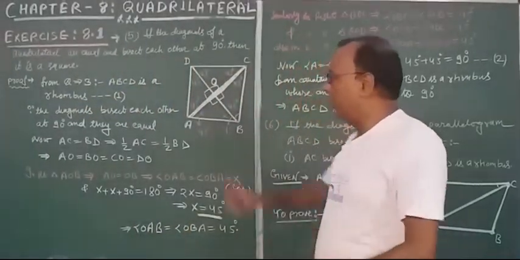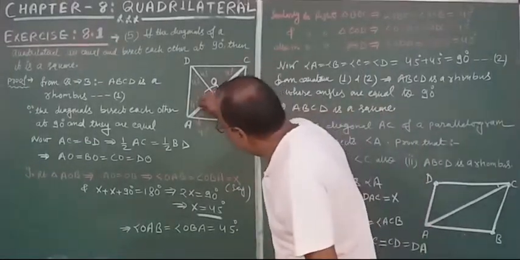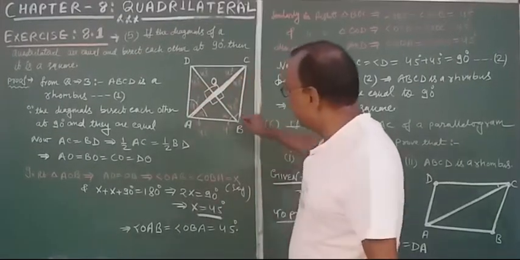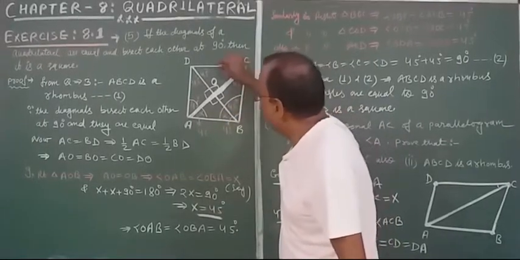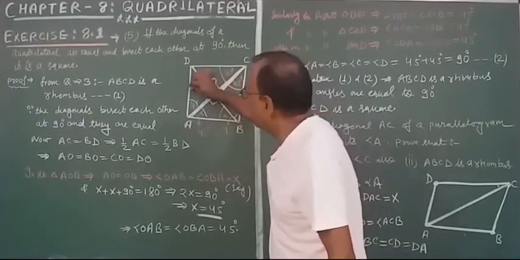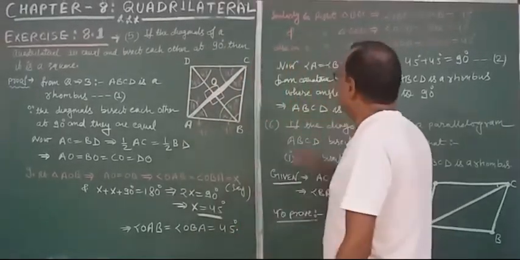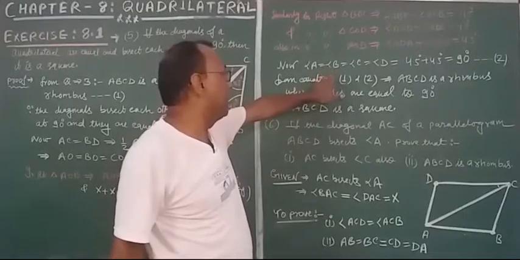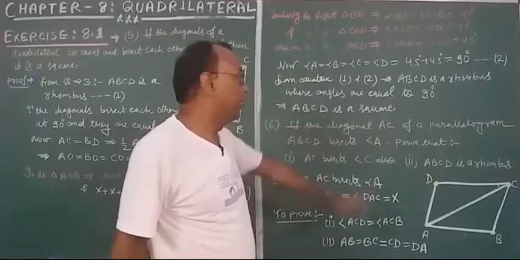Now just look at angle A. Now this angle is 45 and this angle is 45. So what is the total angle A? 90 degree. Similarly, angle B is, this is 45, this is 45. This will again be 90 degree. Angle C will also be 45 plus 45, that is 90 degree. And angle D is 45 plus 45, that is again 90 degree. So we can write now angle A is equal to angle C is equal to B is equal to D is equal to 45 plus 45, which is 90 degree.